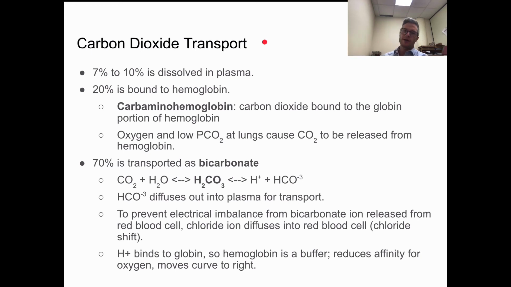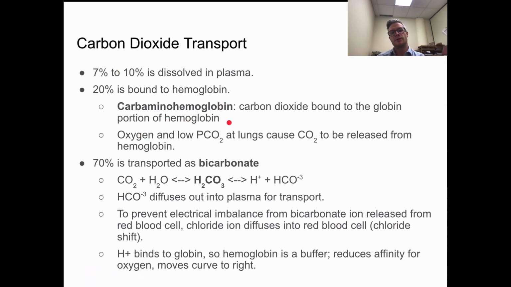We've spoken about how oxygen gets transported to our working tissues, and the affinity of red blood cells. How does carbon dioxide get out? Okay, so we have a slightly greater amount dissolved in plasma relative to oxygen. We have 20% of it that's bound to hemoglobin. And if you recall, when we're talking about saturation of oxygen, it's almost 100% at points in time in our body. Generally 20% is bound to hemoglobin, 20% is in plasma,